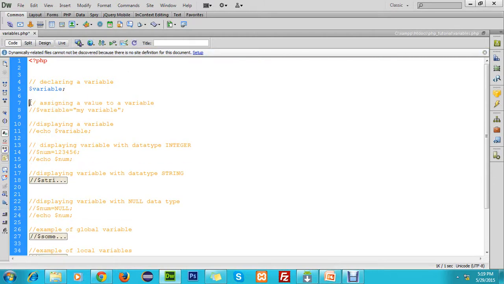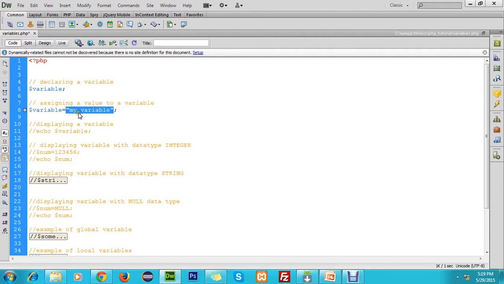Now you can see here that to $variable we are assigning a string value. We are not declaring the variable type here, because PHP will automatically take the type according to the value assigned to it.